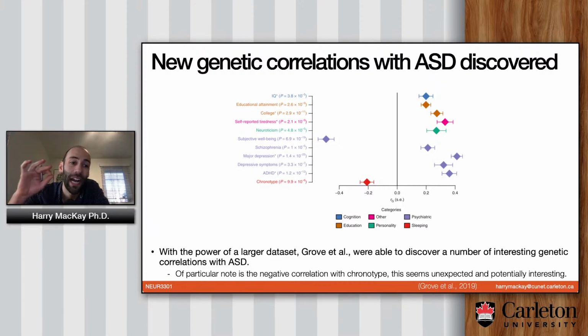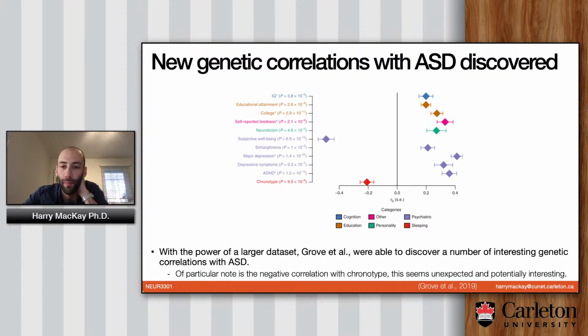But you can kind of gather strength from other traits. You may not have enough people with ASD to ever really find all of the variants that are linked to it. However, if you do genetic correlation analyses, you might be able to get hints about variants that are important based on their correlation. So, for example,